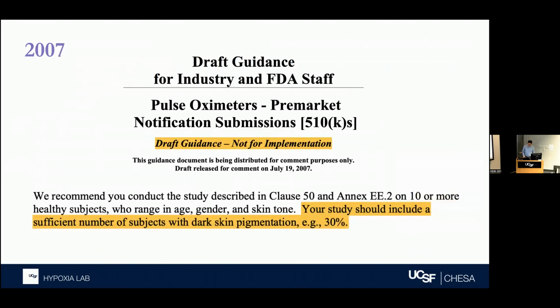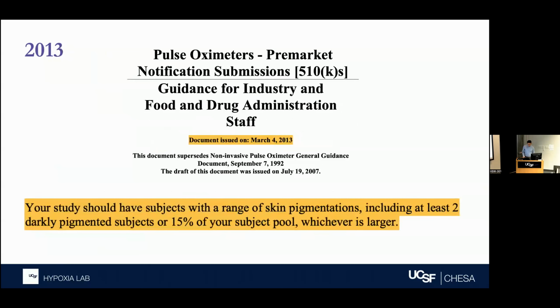So the effect of skin pigmentation on pulse oximeter performance has long been on the radar of regulatory agencies, even though prior responses have been mixed and inadequate. This is a draft guidance from 2007 in the wake of those various papers on the issues. And this draft guidance shows a recommendation to change the amount of subjects with dark skin pigmentation from an unspecified amount to 30%. And this remained a draft guidance only until the 2013 guidance that was put in place 6